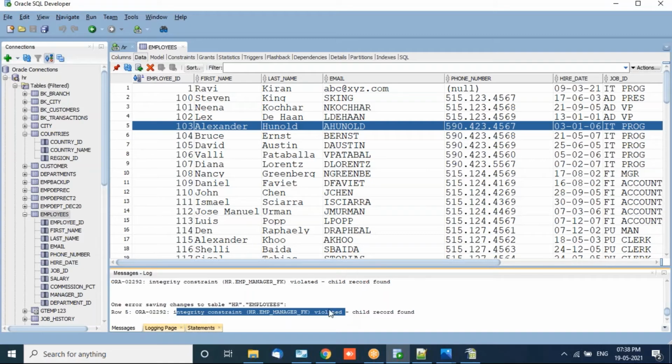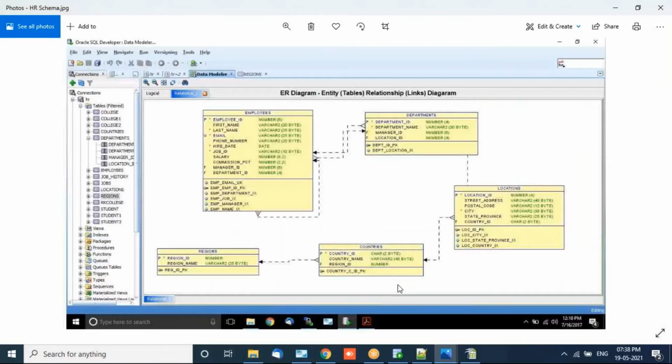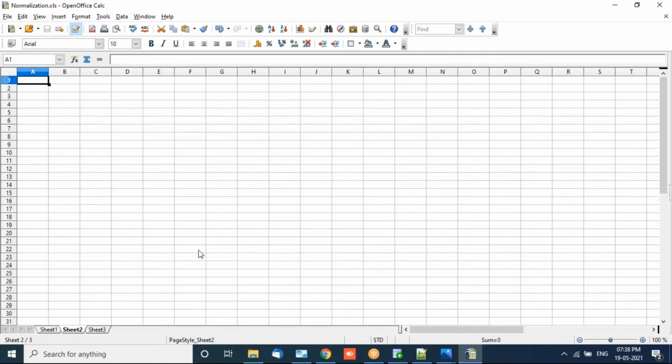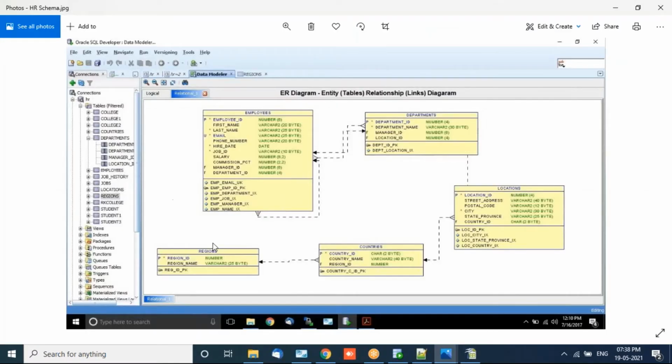This is how the things get tightly coupled. As you can see here, the links are connected, here links are there, here links are there. So this data is tightly coupled. Even in a spreadsheet, you can have multiple spreadsheets, but the data between the two is not tightly coupled. But here the things are tightly coupled. For example, if it is a number, then here also it must be a number only.